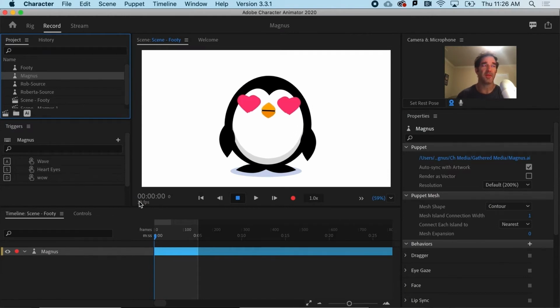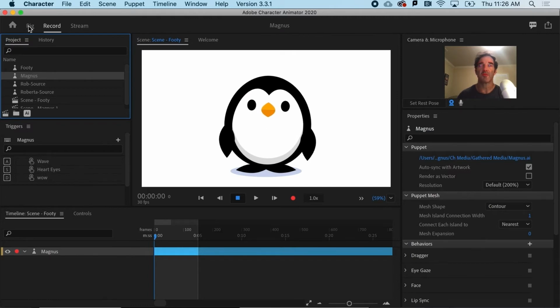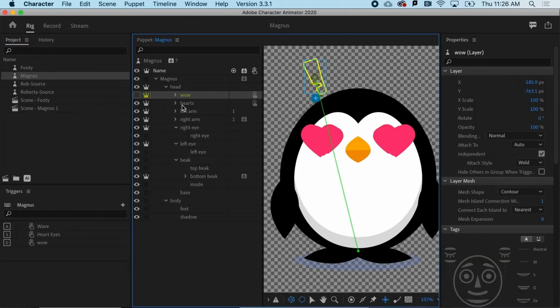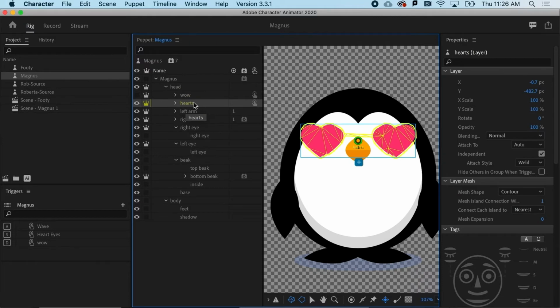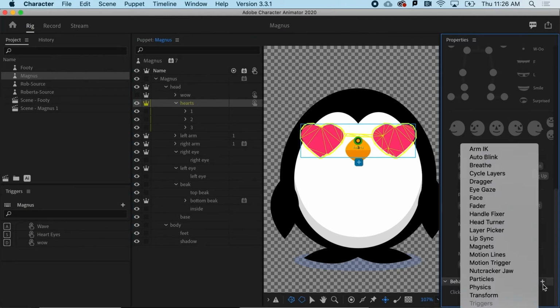And I don't want that. I want it to actually go through those 3 steps one at a time. Okay. To do that, I'm going to go to Rig, and I'm going to go to the Hearts layer, and I'm going to say, I want to cycle through these 1, 2, 3 steps. And to do that, I'm going to go over and add a behavior. And again, that behavior is called cycle layers. When I apply that,